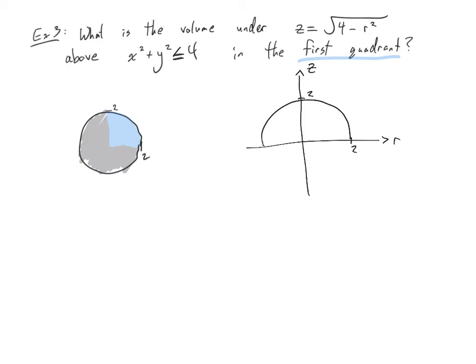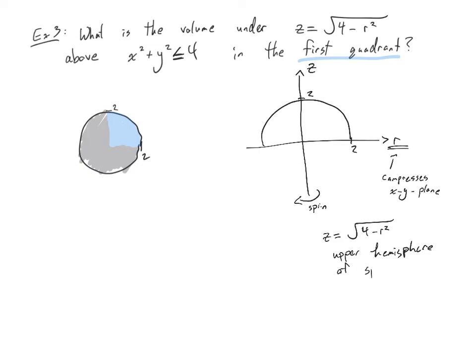And so we're looking at this region underneath this graph. Now, what you should think about is that r compresses the xy plane. So if you want to reassemble the whole plane, you should imagine spinning around the z-axis to see all the different angles theta. And what you'll see is that z equals square root of 4 minus r squared is the upper hemisphere of a sphere with radius, and I really shouldn't say r,